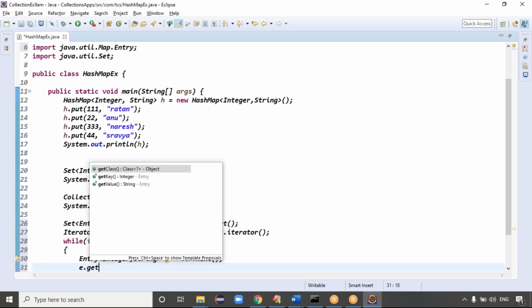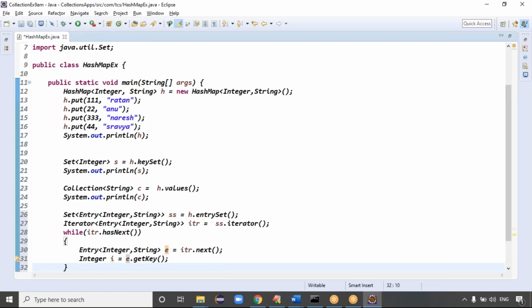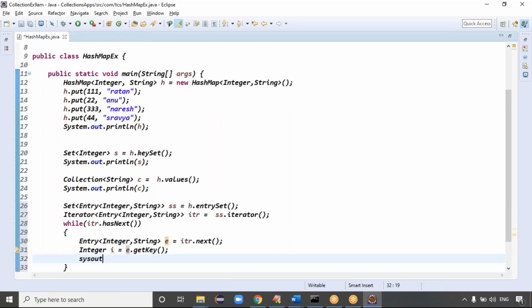In that case, e.getKey. Now key is what type of data? Key is Integer data, so I can take Integer i and print the integer value.